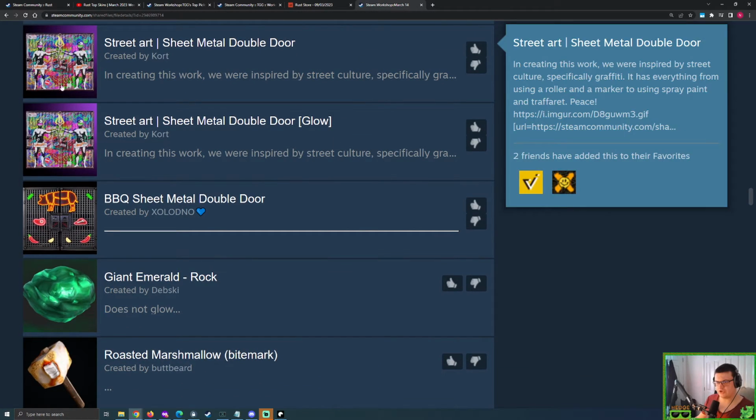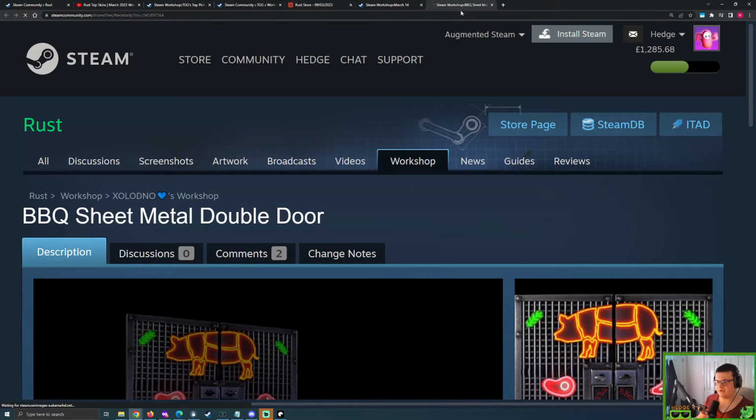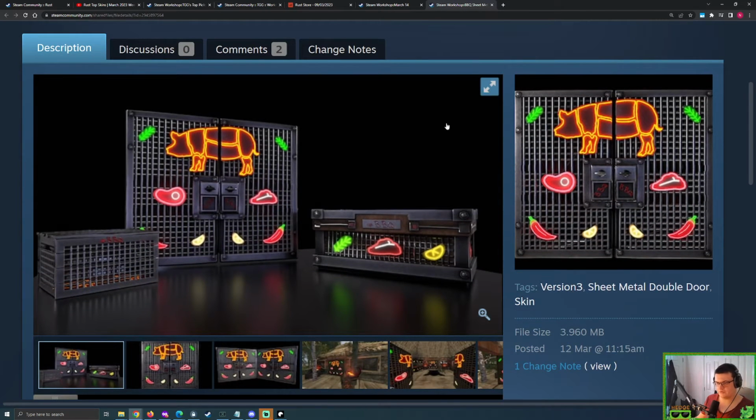Court has produced street art sheet metal doors, one without glow and one with glow. And then, Mr. Zlodno, this is the last deployable skin that we're going to talk about. It is a continuation of the barbecue collection. Mr. Zlodno has produced a sheet metal double door, barbecue sheet metal double door. We have had the barbecue large box accepted fairly recently. Last week we did see the submission of the small box, but now we have the submission of the double